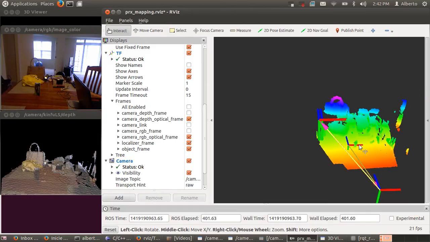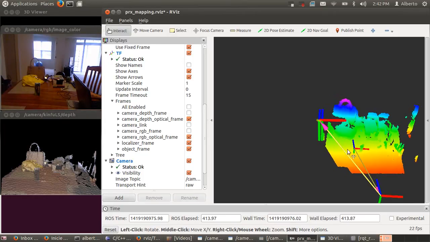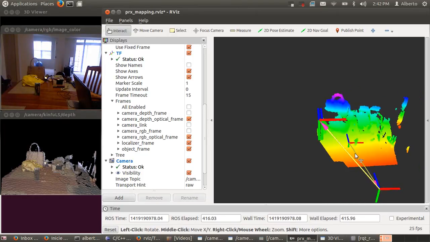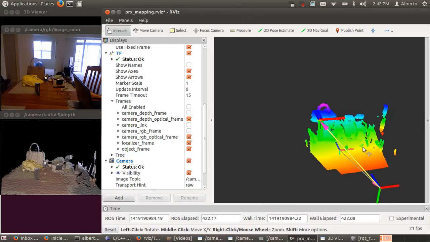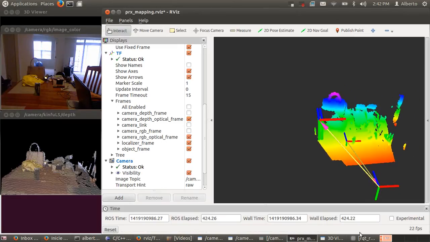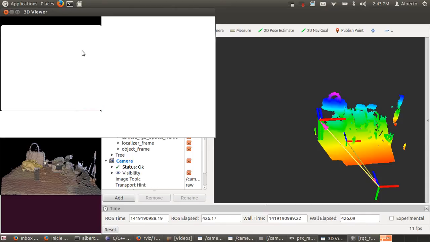The map doesn't change. My mapper interprets this movement as a movement of something that is actually moving, so it removes things that move from the map. So it's going to remove the previous representation of this object from the map. It's a bit slow at the moment because I need a more powerful machine to do these transforms in the map more quickly. So if you go back to the object detection screen,